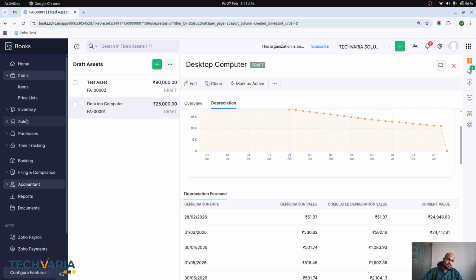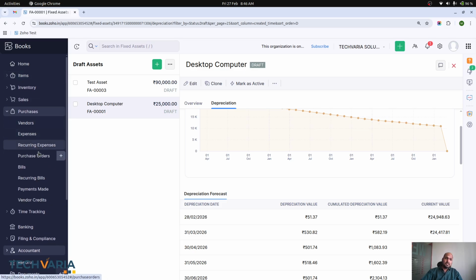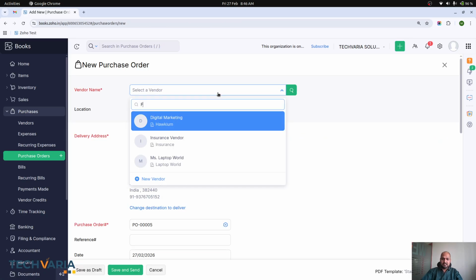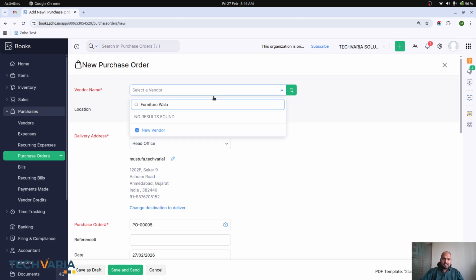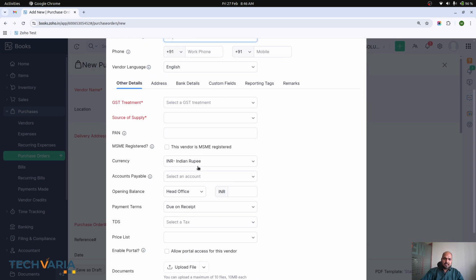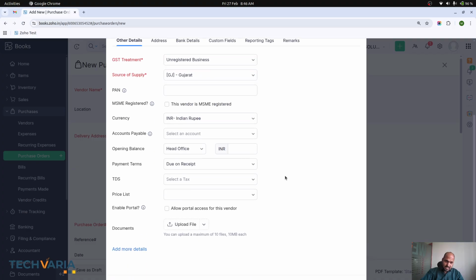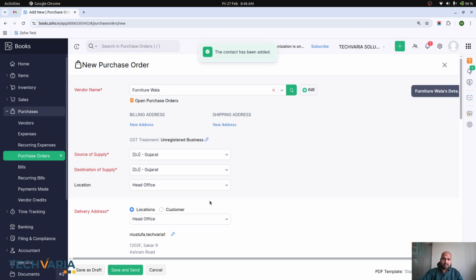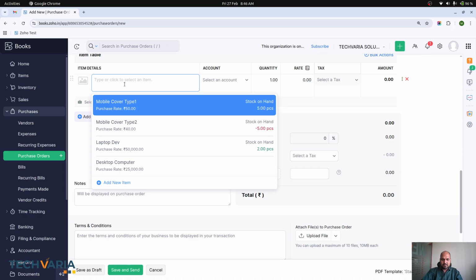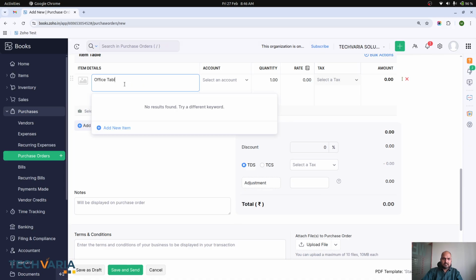Now let's say we are creating a purchase of our fixed asset. So whenever you are making any purchase, I am creating a new vendor, that is furniture wala, and then I don't want to give registration and supply is Gujarat for us right now. And then over here I need to buy office tables and